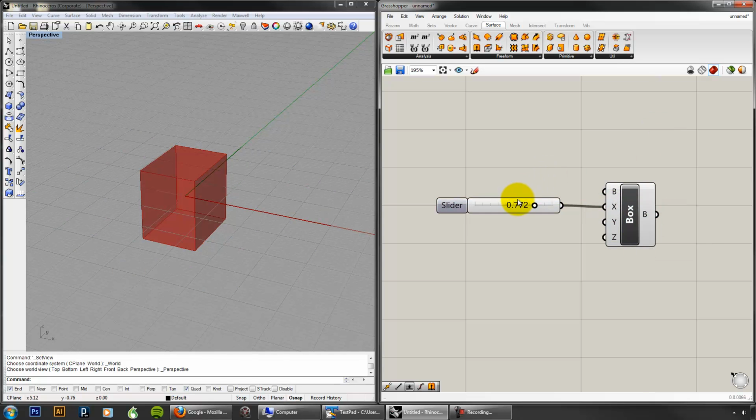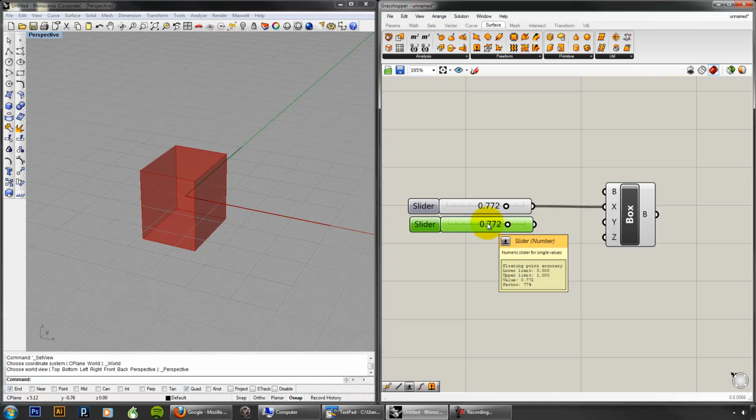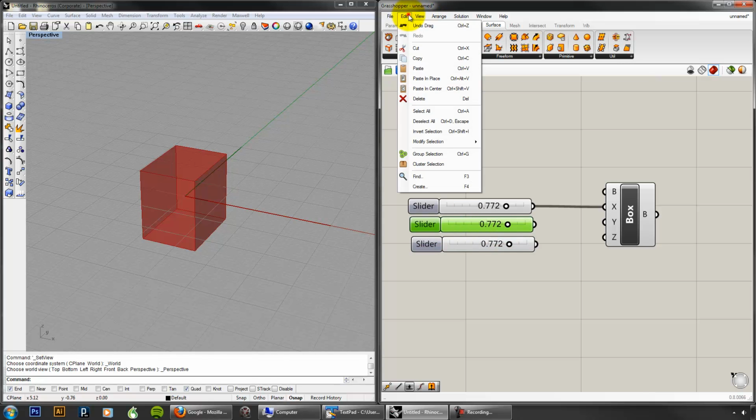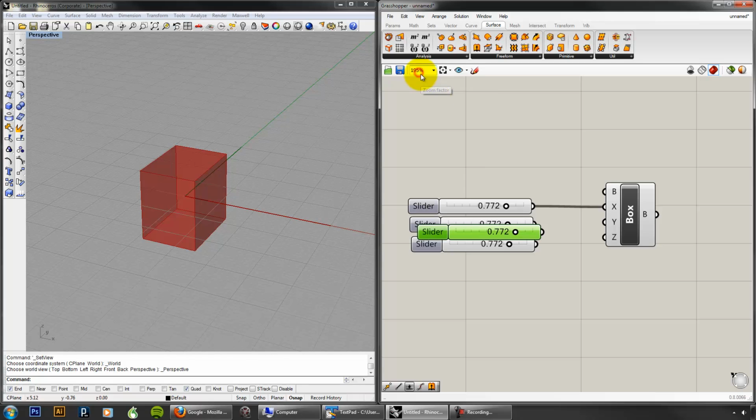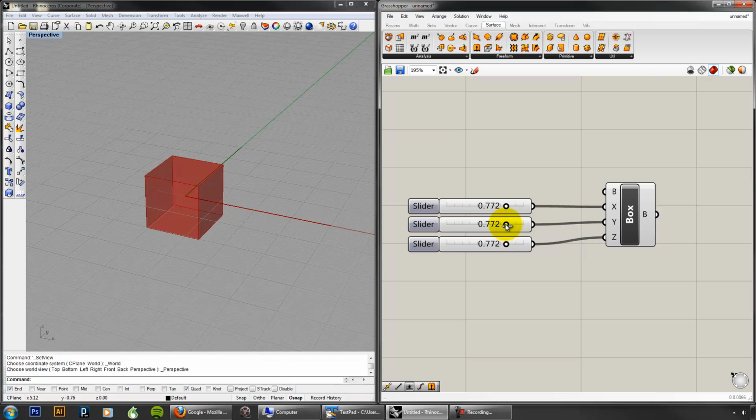Okay. I'm going to copy paste these. So that's Control C, Control V. You can also go in and say copy, and then paste. But you don't need to do that. You should be using the keyboard keys anyway for most of your commands. It's faster. Plug these in for x, for y and z, and now I can control the dimensions